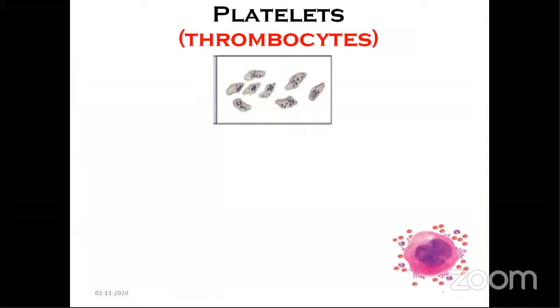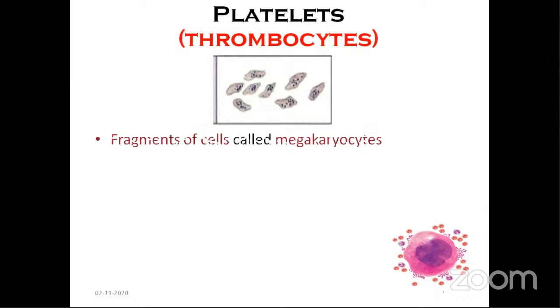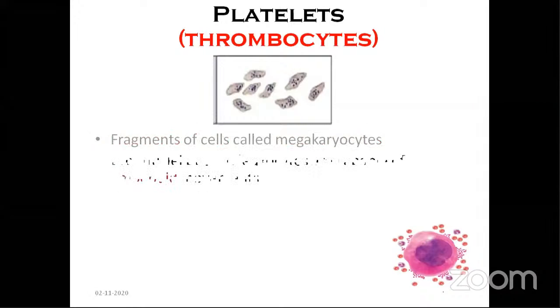Fragments. In most animals, they are called thrombocytes. Just like you have erythrocytes and leukocytes, you have the thrombocytes or platelets. And why are they called platelets? Because they are not proper cells, but fragments. In human beings, they are enucleated fragments formed from very giant cells within the red bone marrow, which are called megakaryocytes.